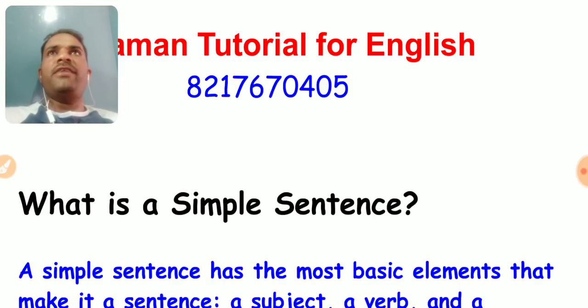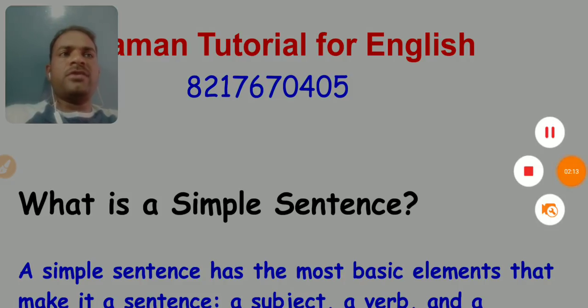So like that we are going to learn about that. First of all, we must understand how a simple sentence is, how a complex and how a compound sentence is. So first and foremost,